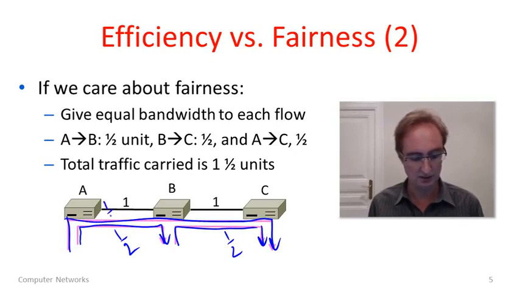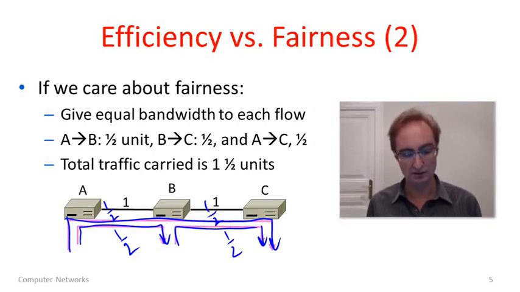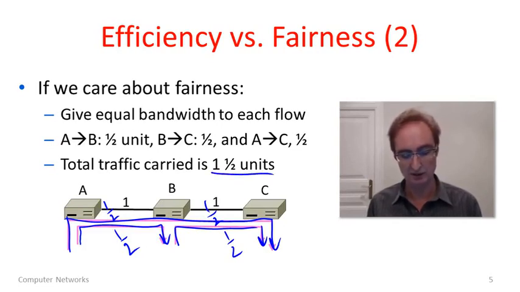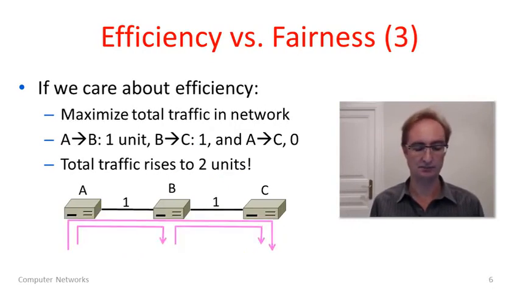Because if we do that, you can see that the flow AC goes through B, so we'll have half a unit across each of these links. When we sum it with the other flows, we get up to the total of 1. So in this way, we're actually using all of the network. We've used all of the capacity on both links. Everyone's got the same amount of flow. So we've certainly been fair. In this case, the total amount of traffic that the network carries, which is a measure of its efficiency, is 1.5 units, 3 halves.